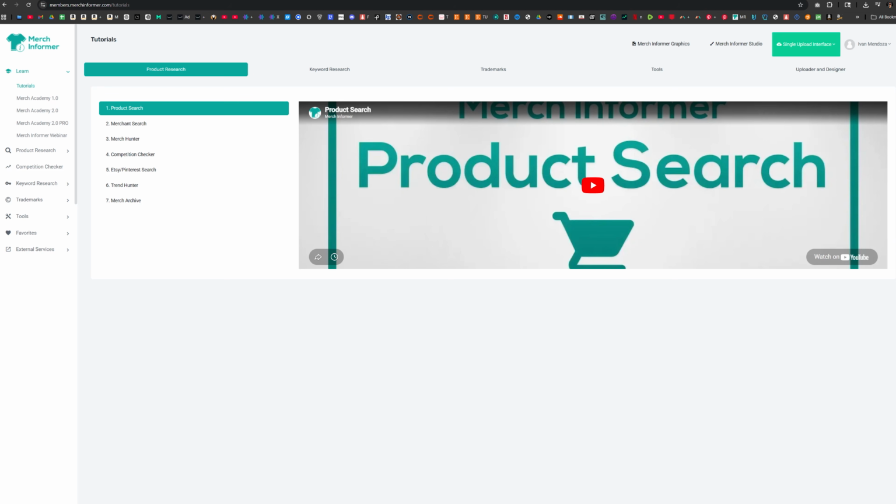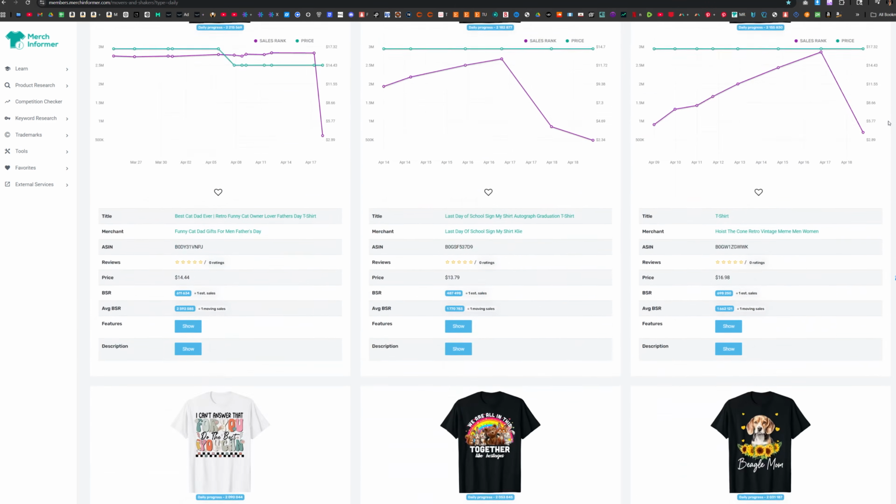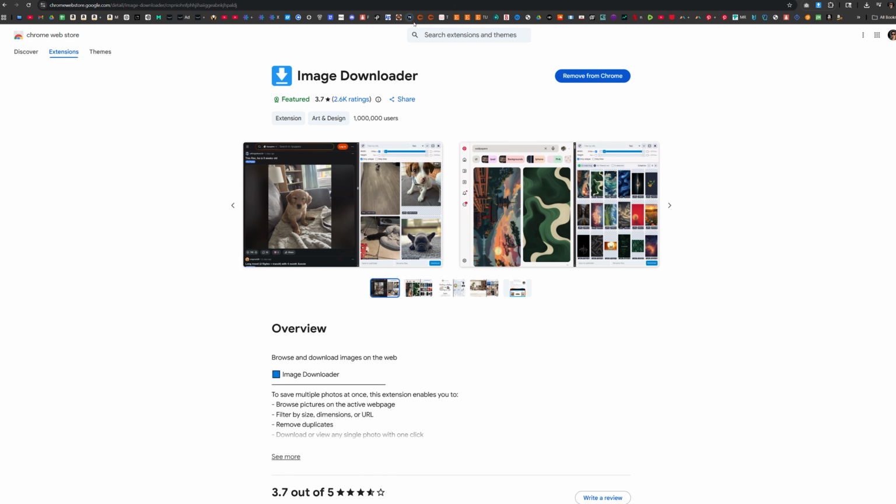I extracted 250 Amazon t-shirt designs from Merch Informer's and Shakers tool and used Claude to analyze what niches are most common and repeating, and why they're selling. Instead of manually scrolling and guessing trends, I used Image Downloader, a Chrome extension, to quickly pull all the shirt